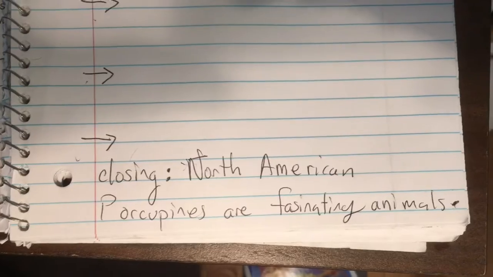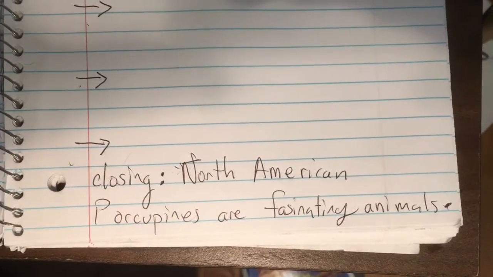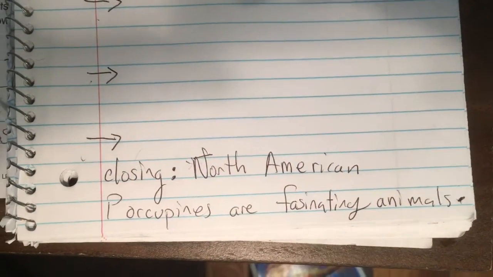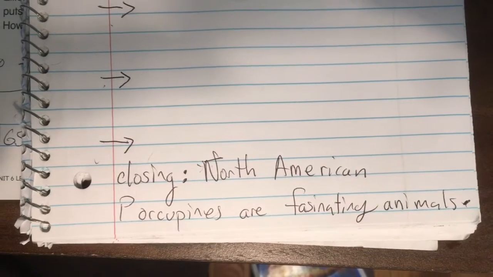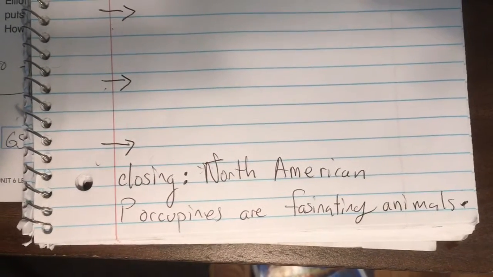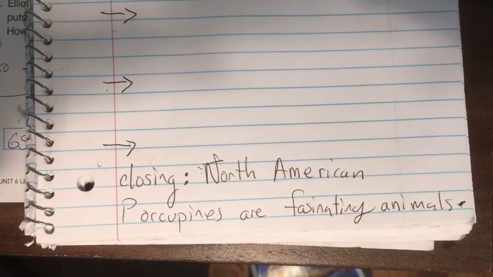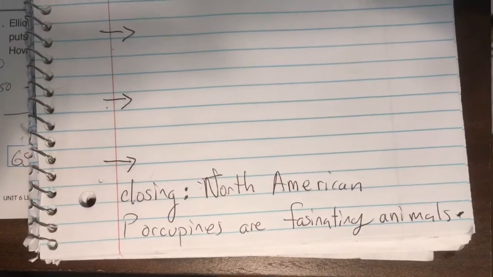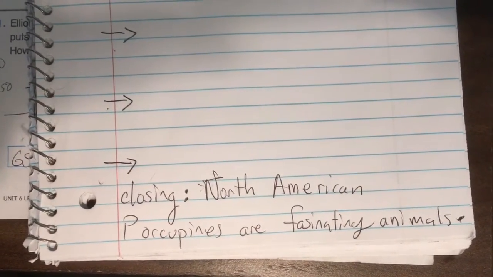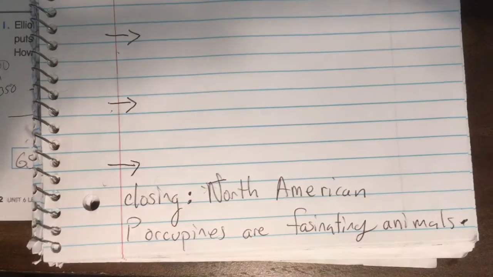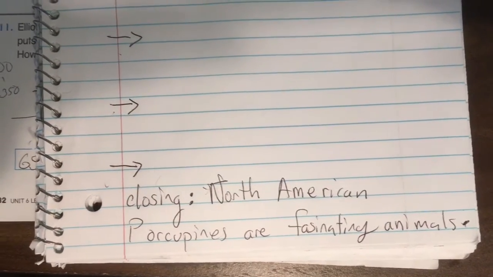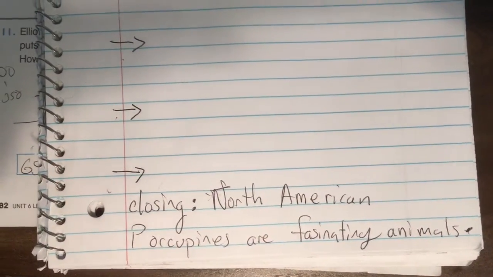And then my closing would be North American porcupines are fascinating animals. Again, openings and closings can be very similar because they serve a similar purpose. Opening, telling your reader what you're about to write about. The closing is saying, okay, I'm done, reader. That was my story. So my second part to this, because it is informational text, I'm going to go online